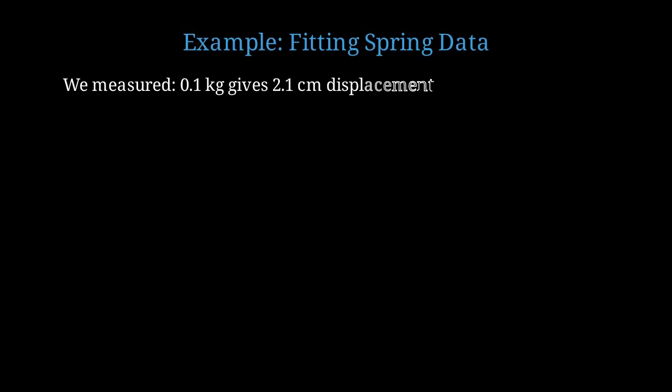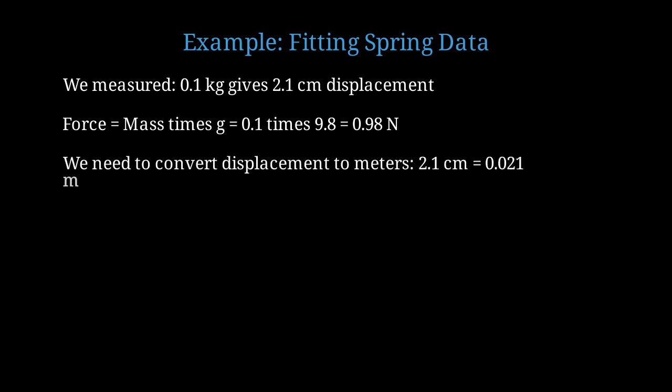Remember our data. 0.1 kilograms gives 2.1 centimeters displacement. The force is mass times g, so 0.1 times 9.8 equals 0.98 newtons. We should convert displacement to meters for consistency. 2.1 centimeters equals 0.021 meters. Using our first data point, k equals F over x, which is 0.98 divided by 0.021, giving about 46.7 newtons